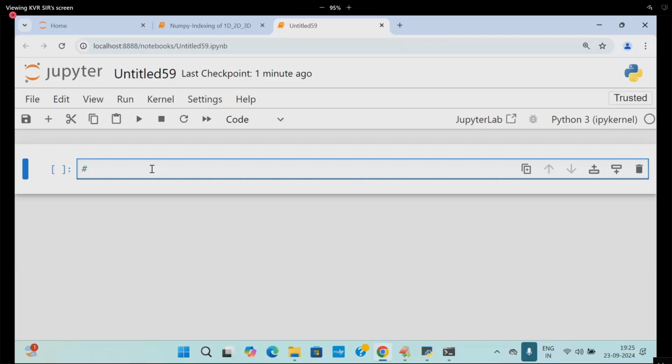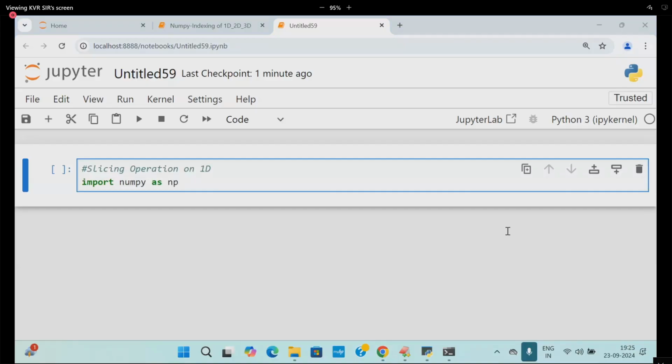I'll say A is equal to np.array of 10, 20, 30, 40, 50, 60, 70, 80, 90. Done. Print of A comma type of A.